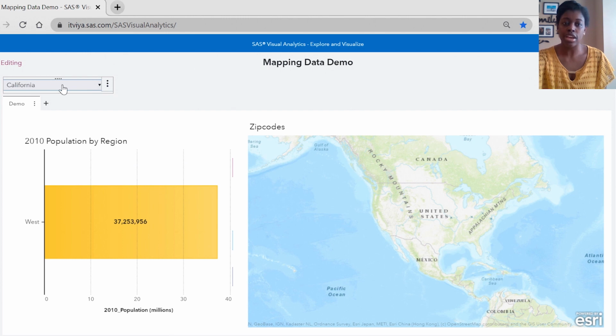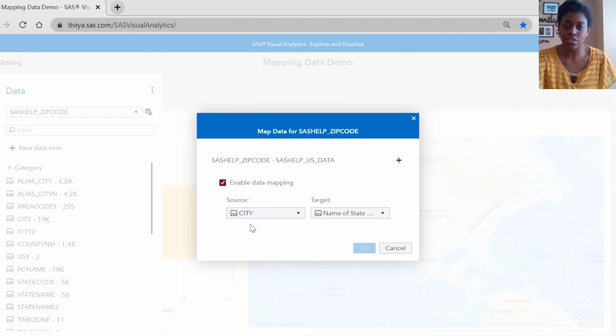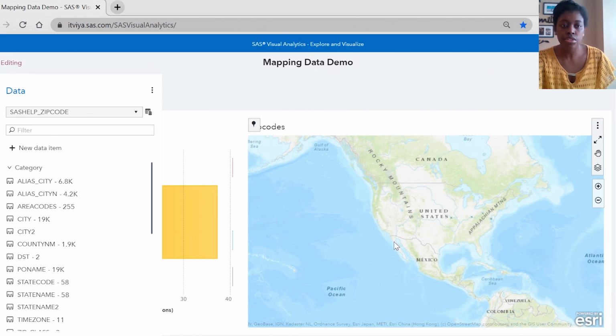And the reasoning for that is because California, that's not a value. There's no California city as a value for the city variable. When I use the name of state or region filter and it filters to California, since there's no value for California in the city variable, there's nothing to display. So again, that's why you have to make sure you're not just picking a random variable to map to another variable. You have to make sure they have either similar or exactly the same values for it to be beneficial.